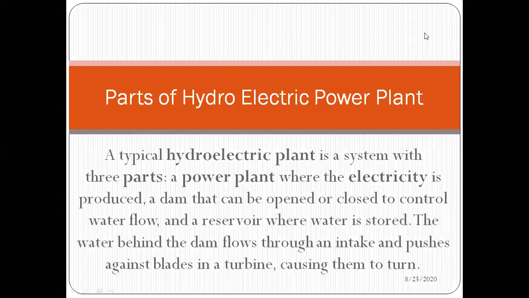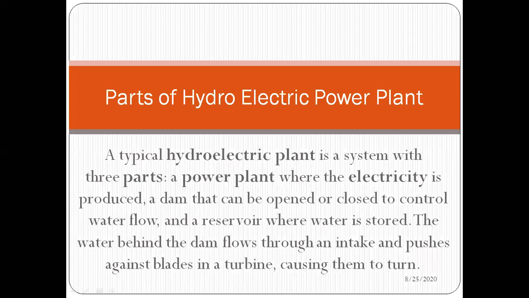Continuing with the parts of the hydroelectric power plant. A typical hydroelectric power plant is a system having three main components. Number one is the power plant, where the electricity is produced; a dam that can be opened or closed to control the water flow; and a reservoir where the water is stored.